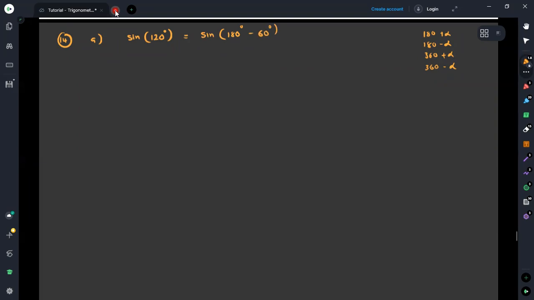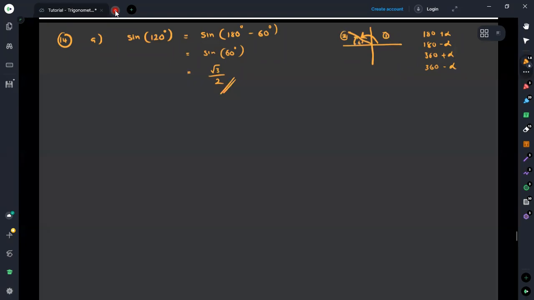Then if it is in the second quadrant, we know that the value of sine would be positive. 120 would be somewhere in this way, and therefore we have 60 degrees. Then it is falling into the second quadrant, where sine is positive. So this equals sine 60 degrees. Since this is a frequently used angle, according to the table, we can directly take the value of sine 60, which is root 3 divided by 2.